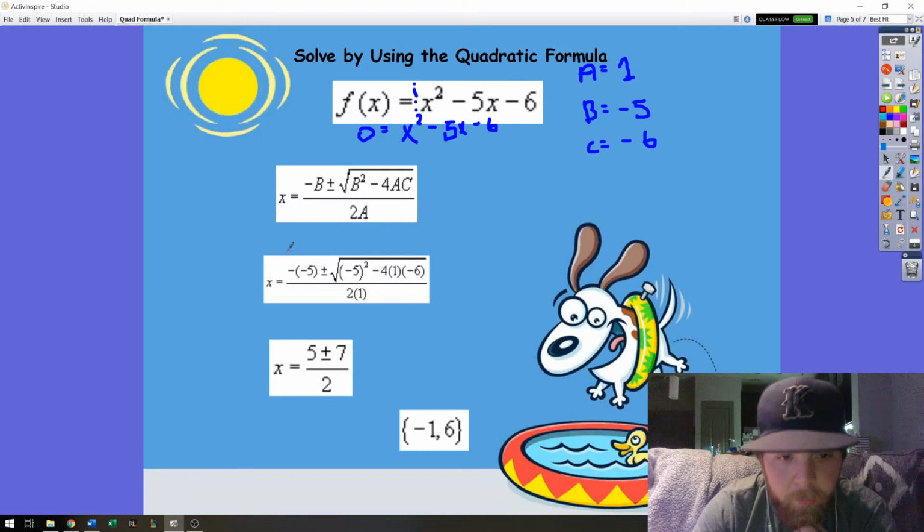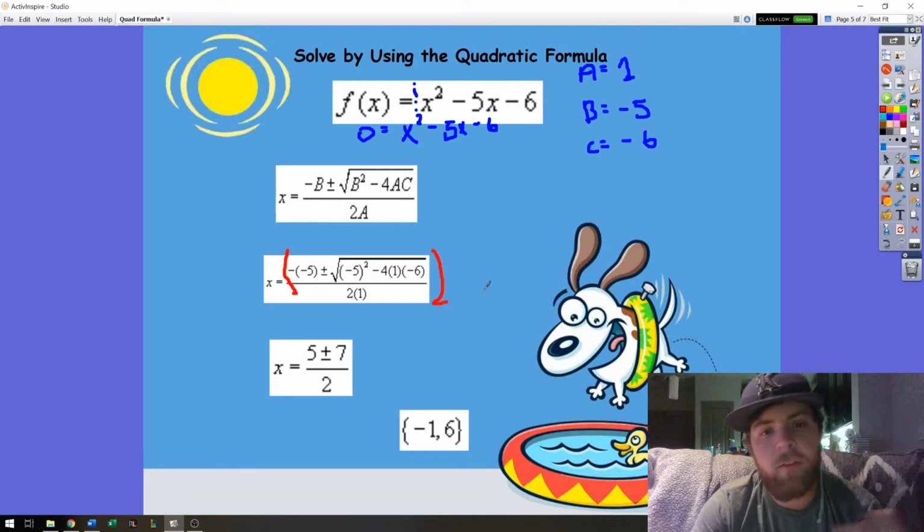You can type this entire part into your calculator, whether that's Desmos or your own. Negative 5 ends up being positive 5. Okay, if we do end up typing this out,